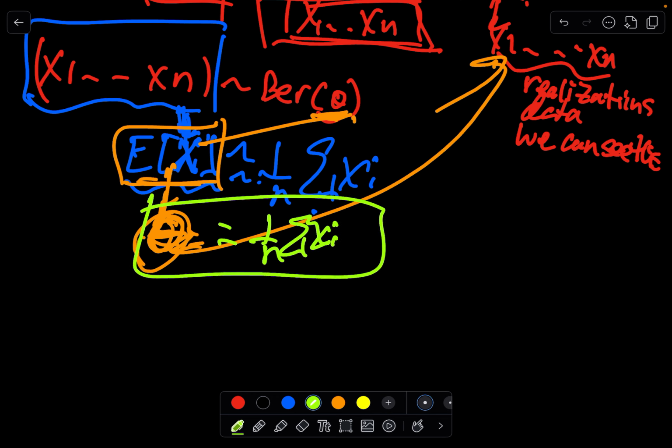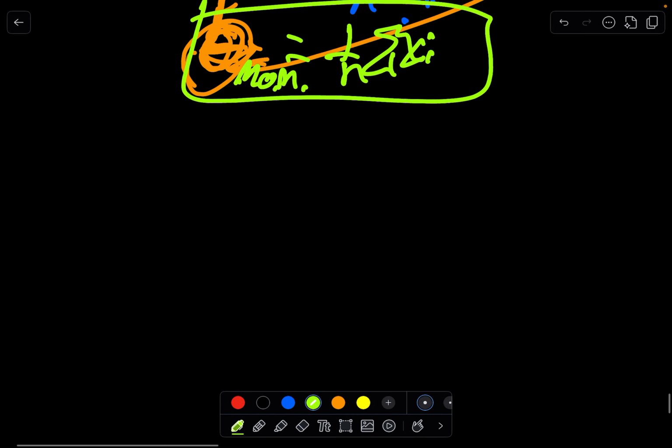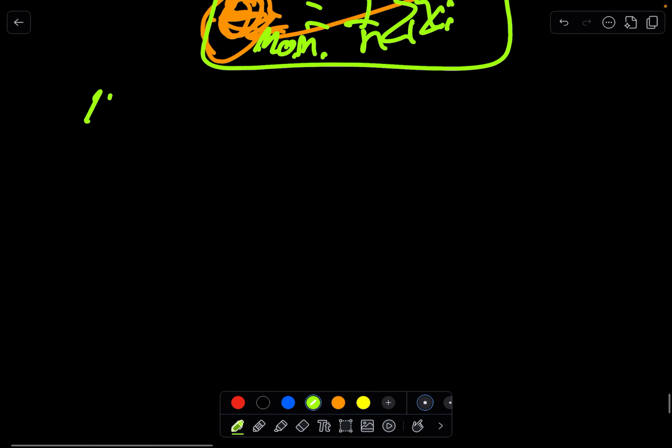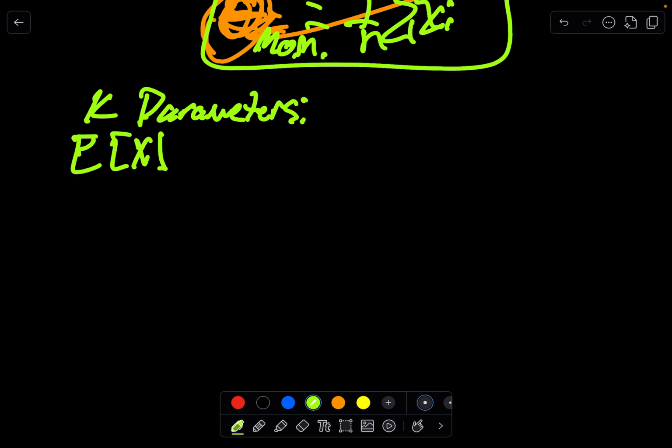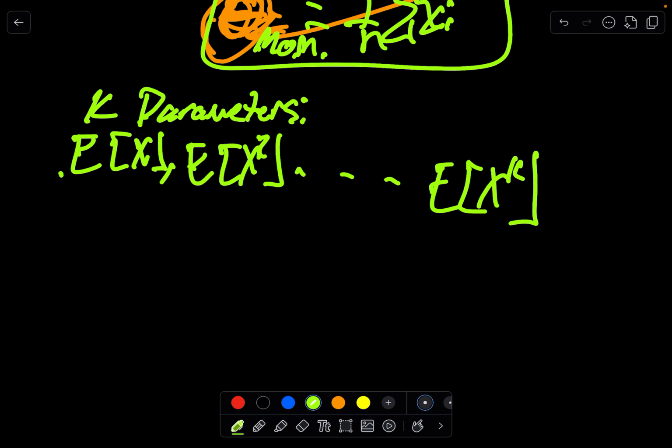So this agrees with what we had before, it's just very simple. In general though, if you have k parameters, you're going to set all your sample moments. You have all your moments: the expectation of x, the expectation of x squared, all the way to the expectation of x^k. And